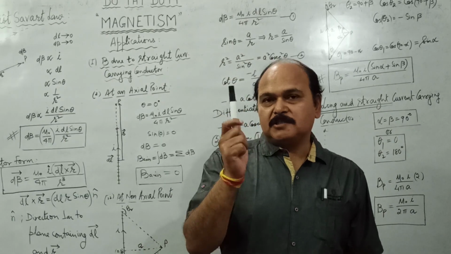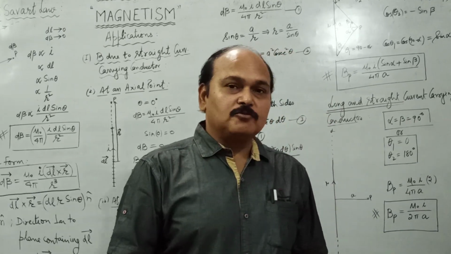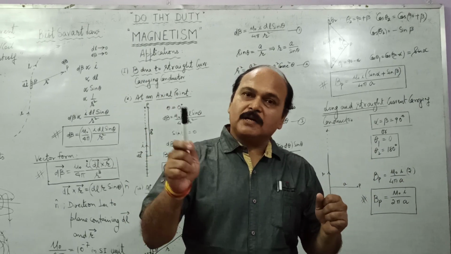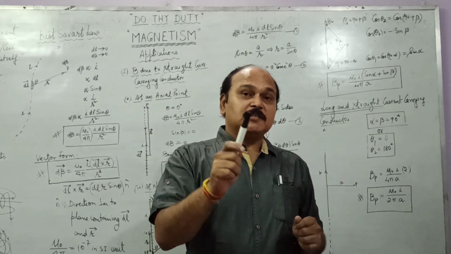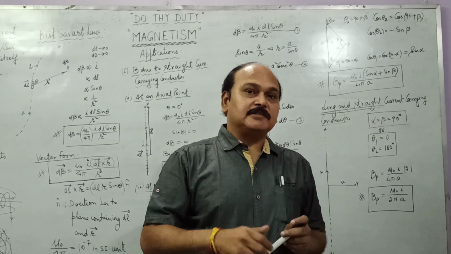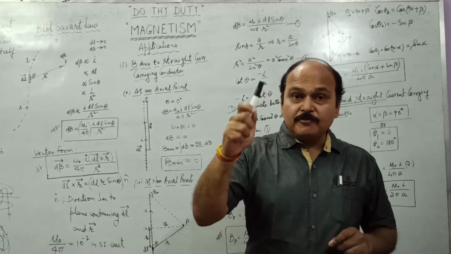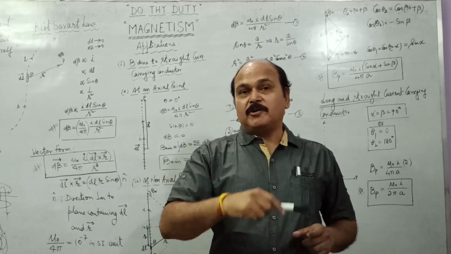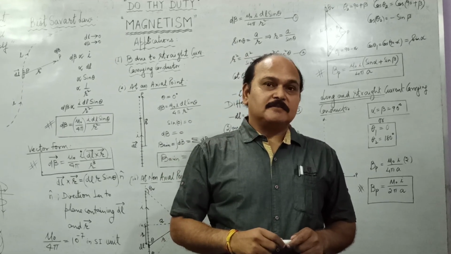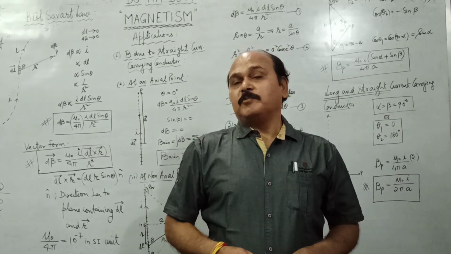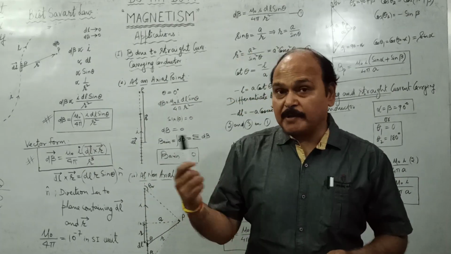Children, when we apply Biot-Savart law to find out the magnetic field due to any shape of conductor, what do we do? We divide the whole conductor into infinitesimally small parts of length dl each, and due to one arbitrary element of length dl, we first of all find out the magnetic field at the point of interest. So we create a condition conducive for Biot-Savart law before we apply it.